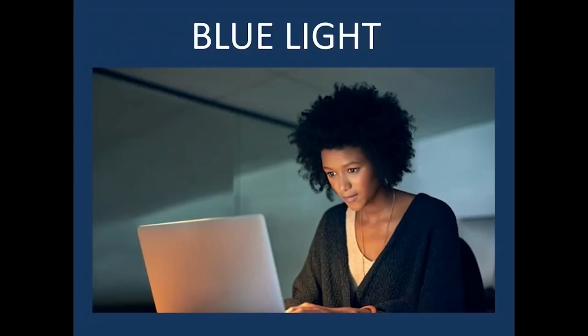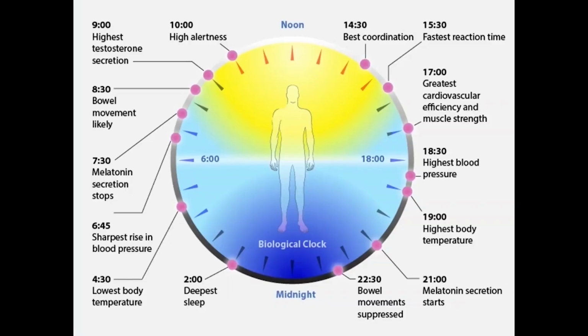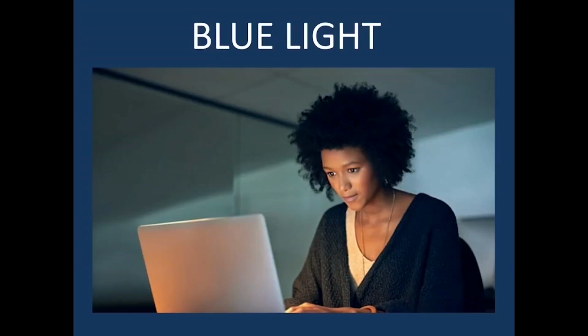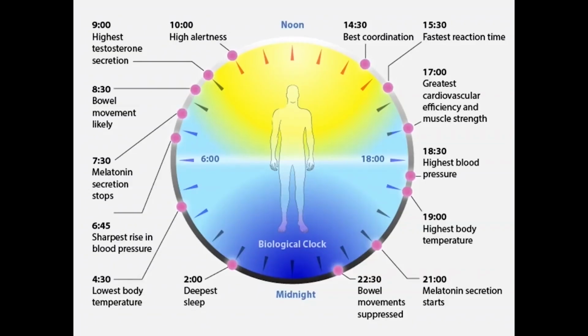But the one thing that messes up our circadian rhythm out of all of it is this, the blue light. So, blue light from our laptops, blue lights from our phones, this synthetic light, because this is not sunlight, it's synthetic light. But it's so powerful, the body thinks it's 12 noon when you're on the laptop at night. Because look, the body's supposed to release melatonin roughly around 9 p.m.